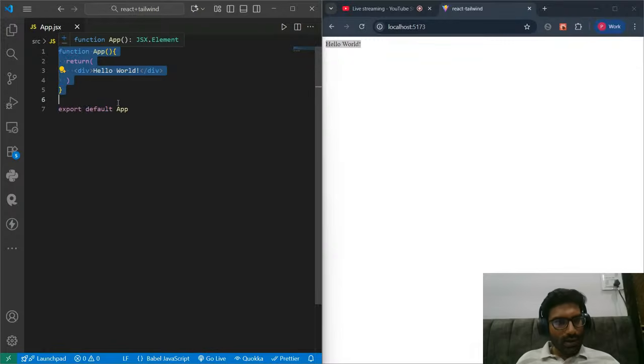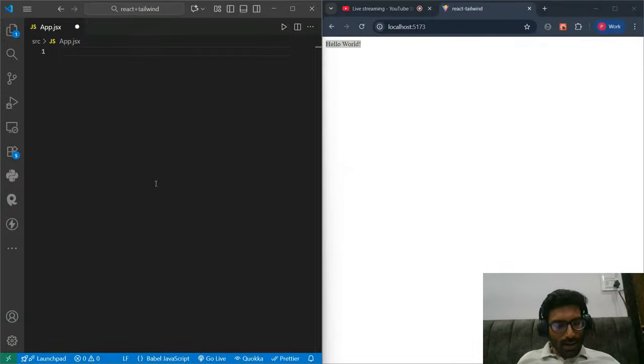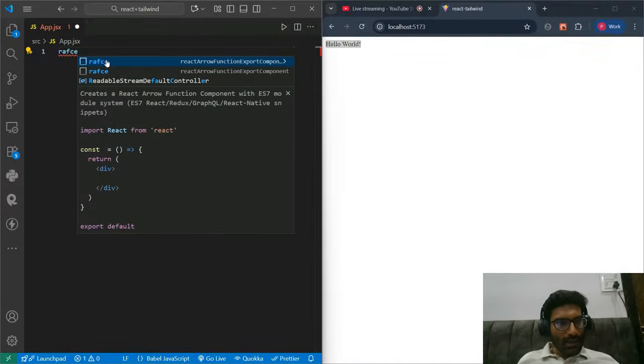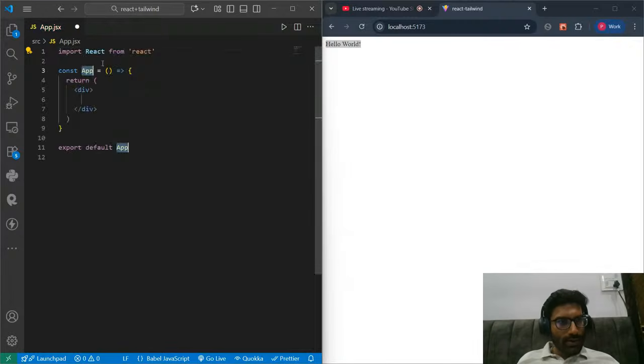If you want a shortcut for making this component, a shortcut is also there. You can write RAFCE. This is a snippet provided by React Snippets. If you click on this, you can see a template of a component.